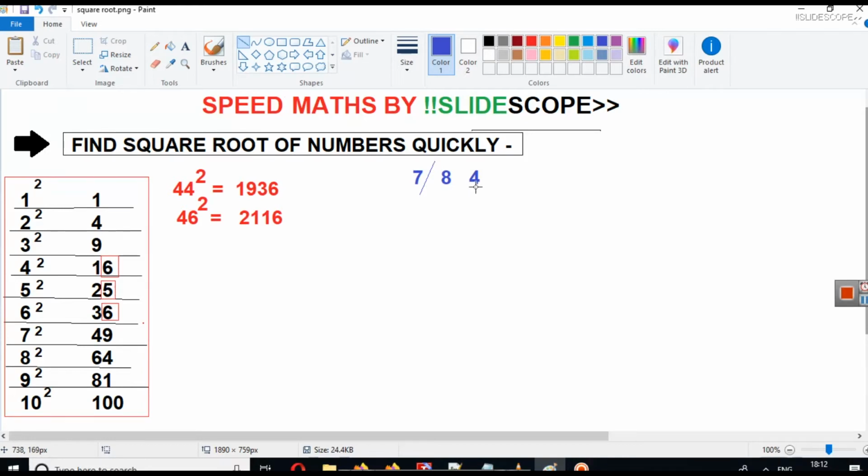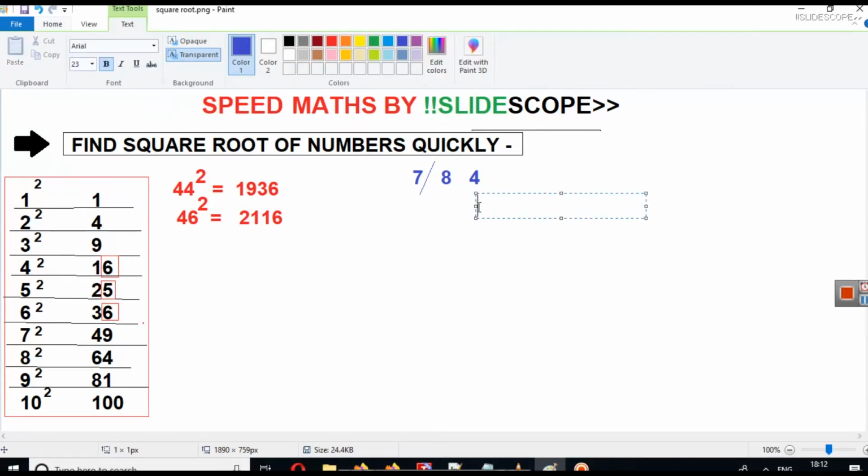Now this particular number is ending with 4, so the last digit is 4 here, right? Either in case of 2 or in case of 8, we will have 4 in the end. So if a number has a square ending with 4, the number ends with 2 or 8. You just have to remember that. So we will write 2 and 8 here simply.